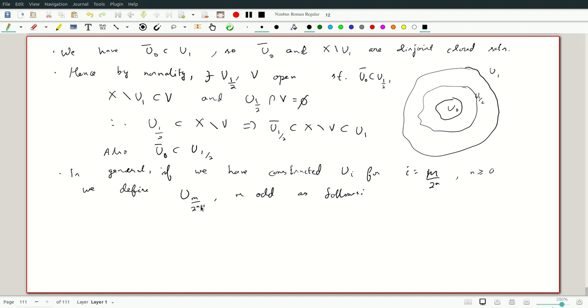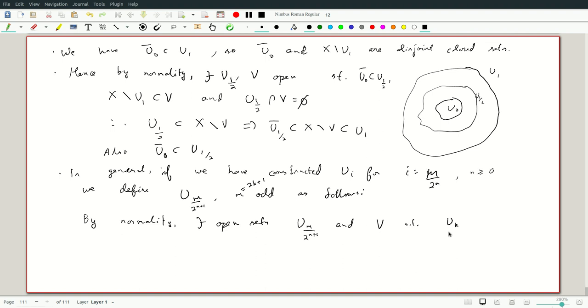So m is odd, so m minus 1 is even. But m is going to be 2k plus 1 for some k. So we define U_m, it has to be 2k plus 1, so it will be between 2k over 2 to the n plus 1, which is k over 2 to the n, as follows. By normality, there exist open sets U_{m over 2 to the n plus 1} and V such that